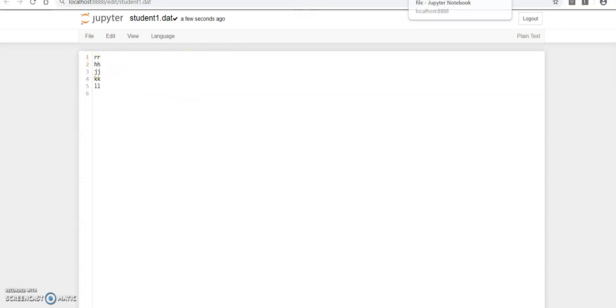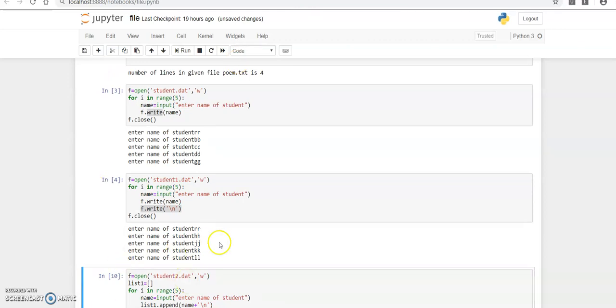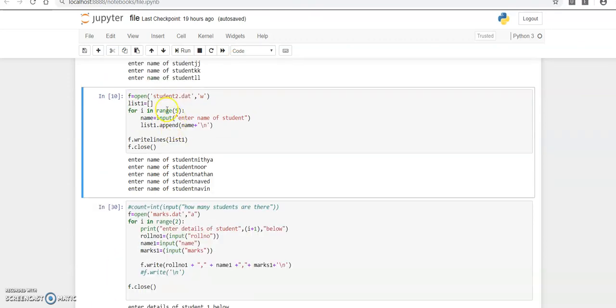Okay, next one. In this program, we are using the writelines method, which is used to write a number of lines into the file at the same time.